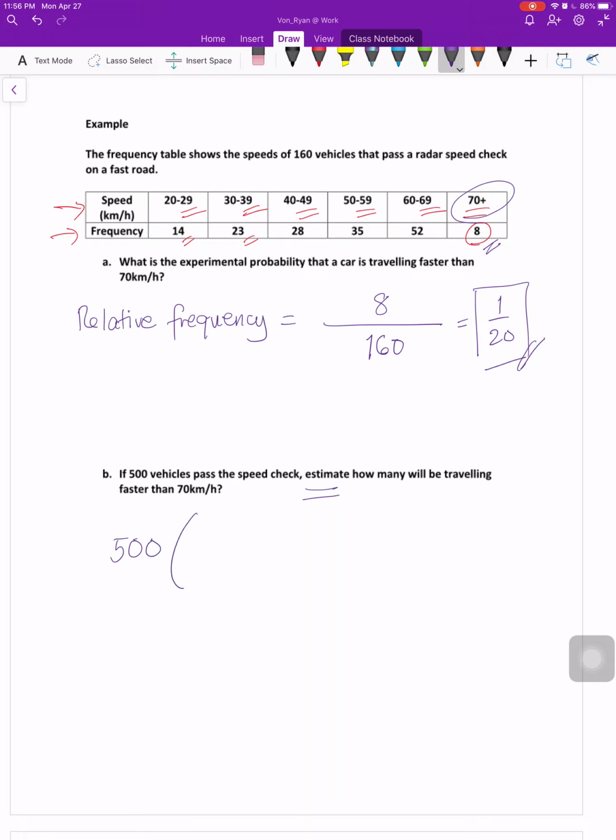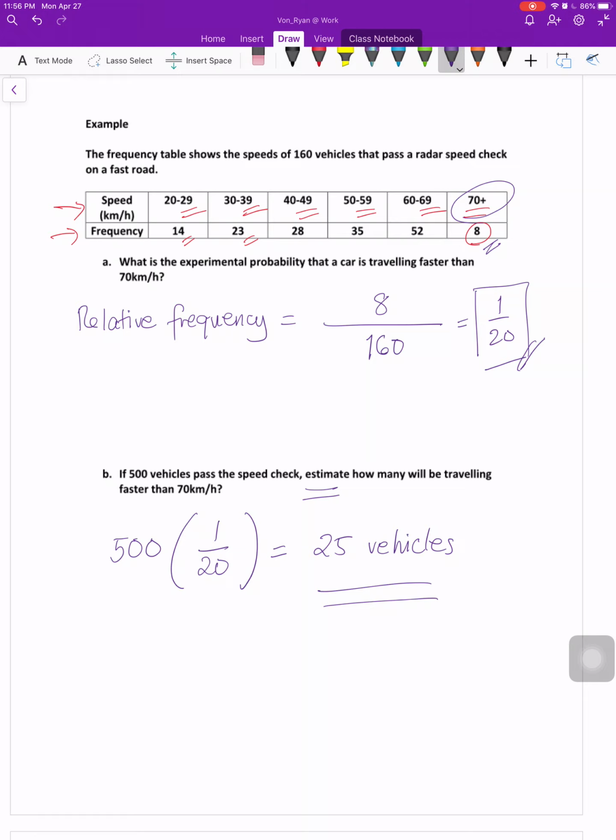So we multiply by 1 over 20, or 500 divided by 20, and we get 25 vehicles. So we say that since the experimental probability of measuring a vehicle to have a speed of 70 plus kilometers per hour is 1 over 20, if there are 500 vehicles, I would expect 25 of them to be traveling at